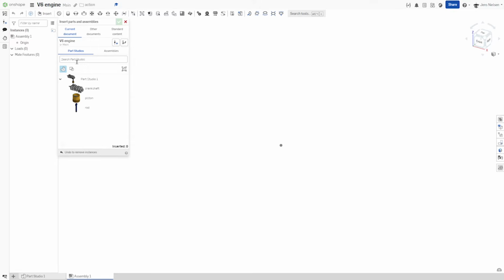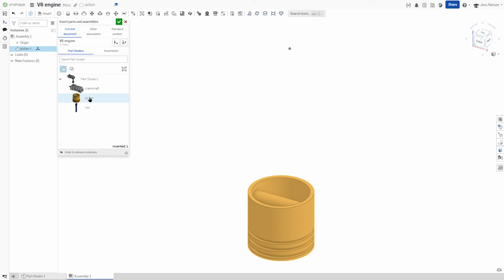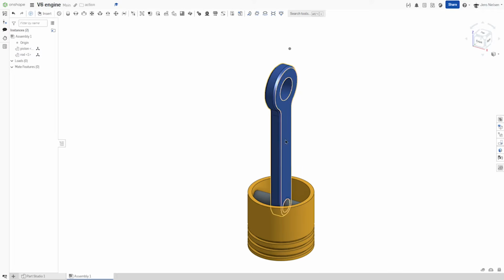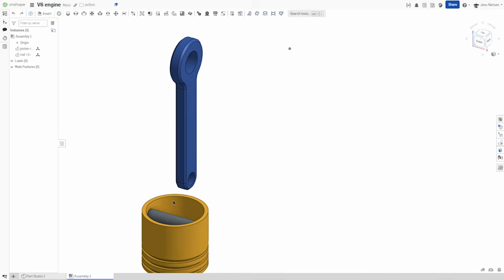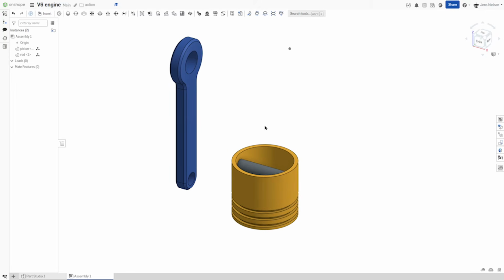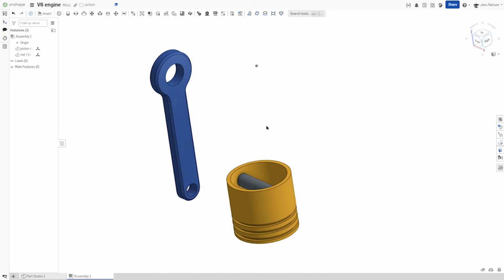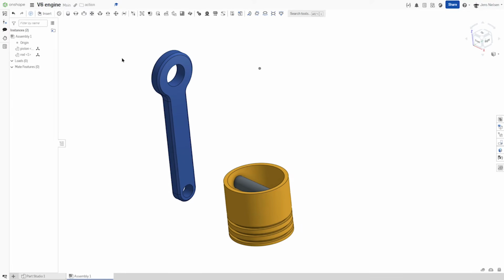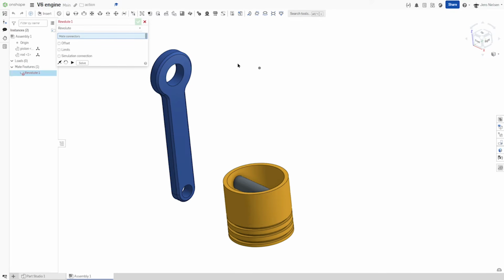So from the Part Studio, I enter the piston and the rod. Both of those are floating. And I don't need to fix them really. I just want to apply one mate, and that is the revolute mate